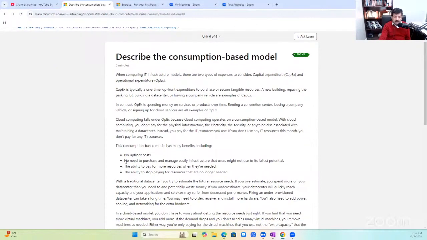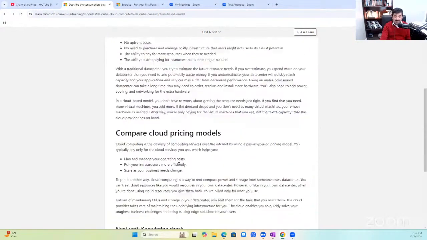Most of the cloud offers a consumption-based model. The benefit of this is you don't have to buy expensive servers, no capital cost. You don't have to spend $1 million to start your IT. You can use a consumption model, and you just pay. It's just renting. Instead of buying a house, you are renting it, and you don't pay the whole house price of $1 million. You just pay $3,000 rent to the owner. This way you don't have to spend so many millions.